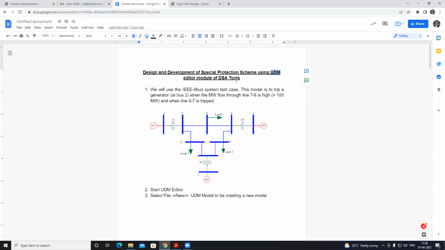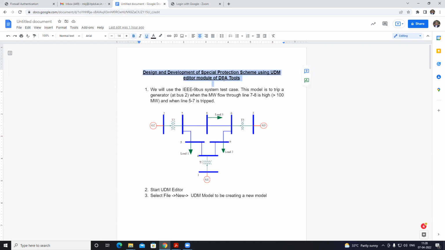The DSA tools allow us to come up with our own logic, own user-defined function. So how to do that? Because once we learn this, then it can be taken into any particular system to develop any control schemes, protection schemes, whatever is required. Okay, so this is the agenda: design and development of special protection scheme using UDM editor